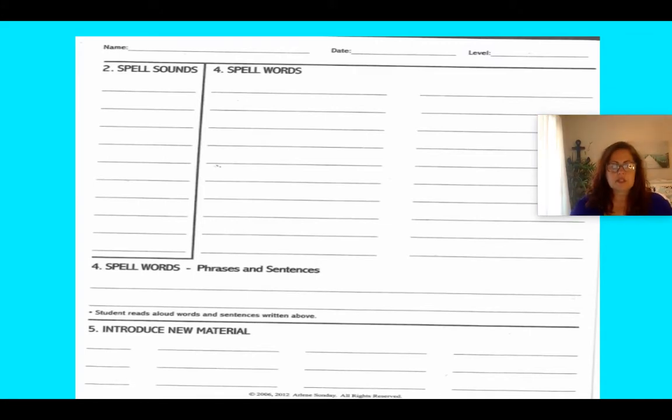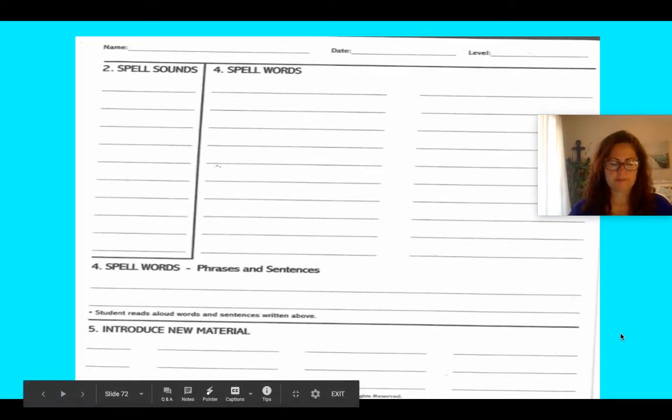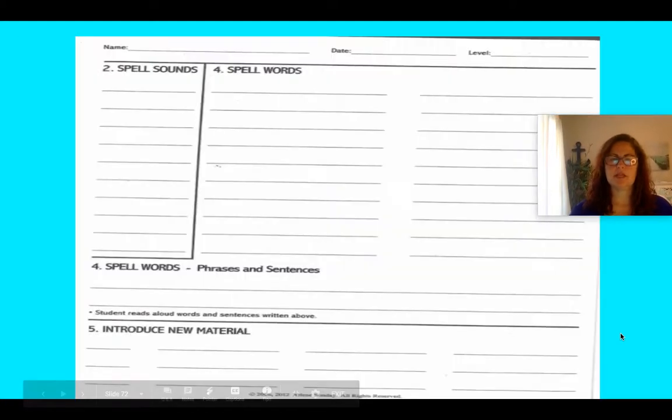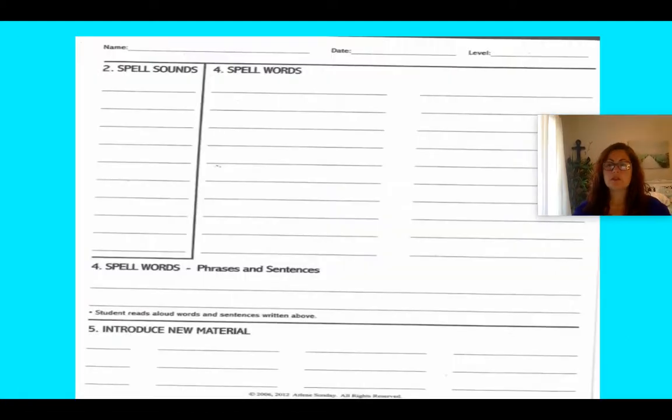Now we're on to the spell words, phrases, and sentences section of our lesson. So I'm going to say a sentence. The learner is going to repeat the sentence. They're going to tap one word per finger, and then they are going to finger tap and write at the same time. So for example,